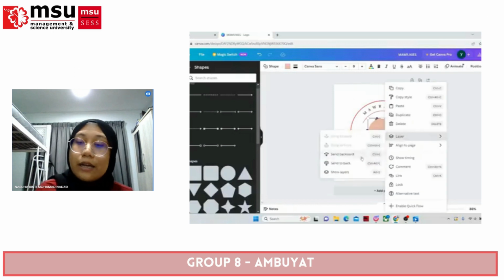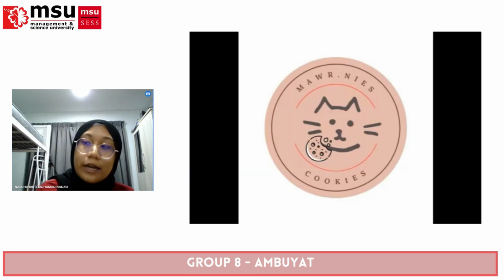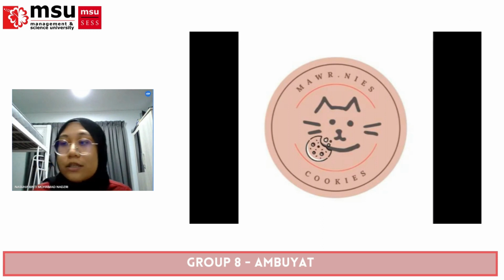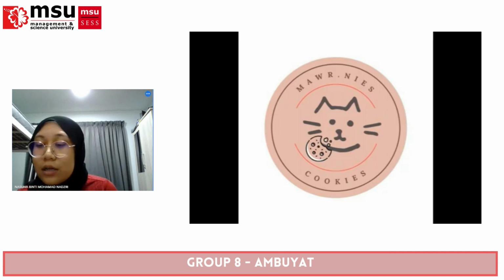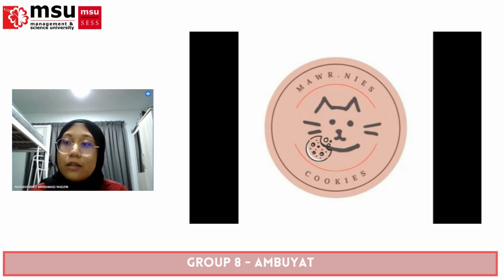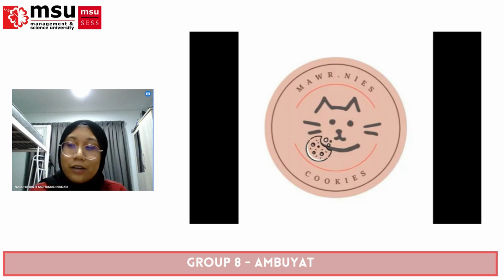And first, in the logo, I added a round shape for her logo. She requested a cat icon on the logo to represent her business, and I decided to choose a soft pink color on the logo to fit the aesthetic of the owner's. And I put the cookie icon near the cat to represent her cookie business.